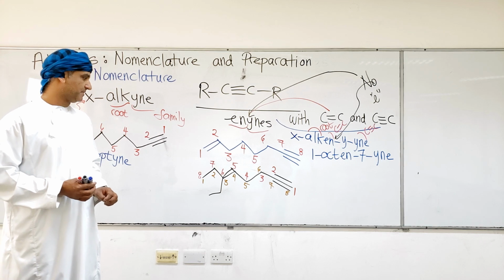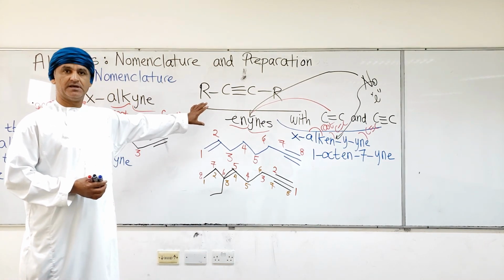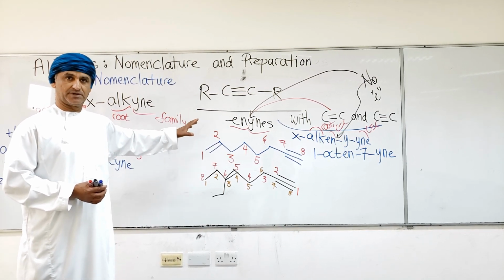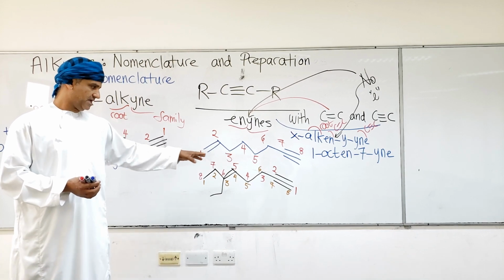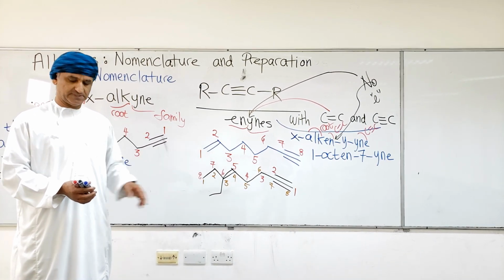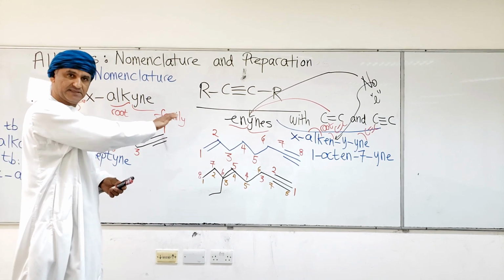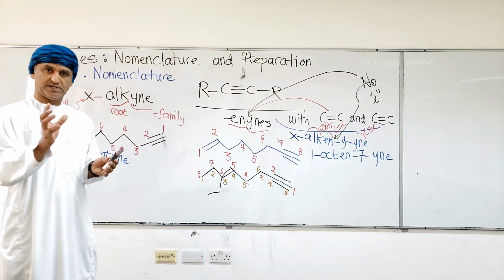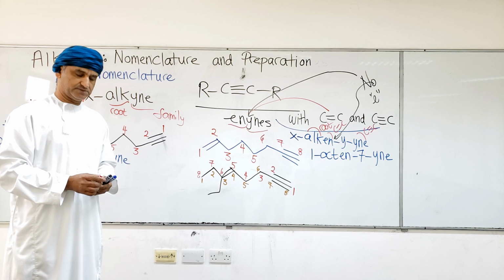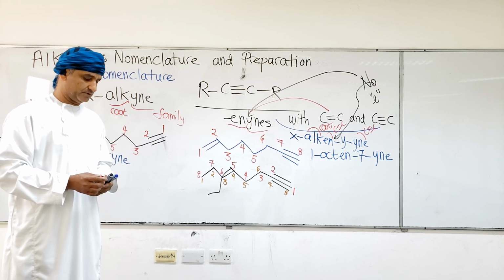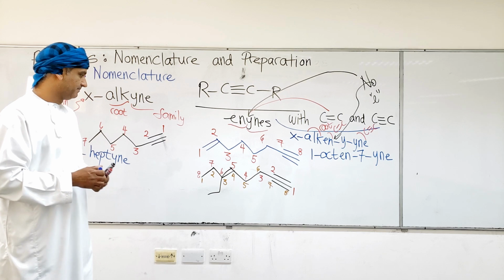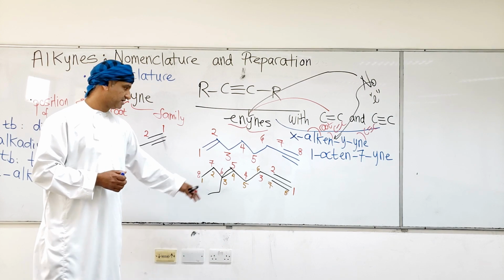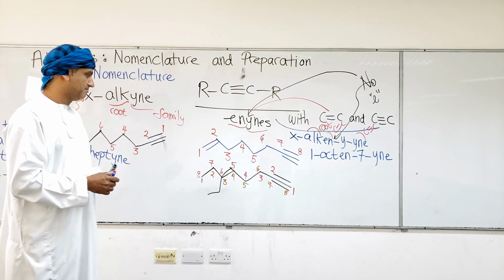The red numbering system is preferred, but the general name will be followed, which means it's still an enyne, of course. That is not changed, regardless of having learned that the numbering has to be done like this. So we maintain the same nomenclature system, but the smaller sets of numbers are always targeted following IUPAC rules. So therefore the name of this compound would be, if we number the chain like that, then this would be a branch, an ethyl group at position number 6. So the name of this compound would be